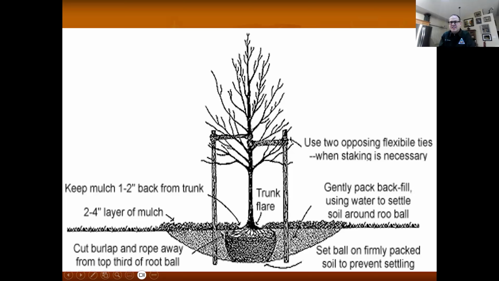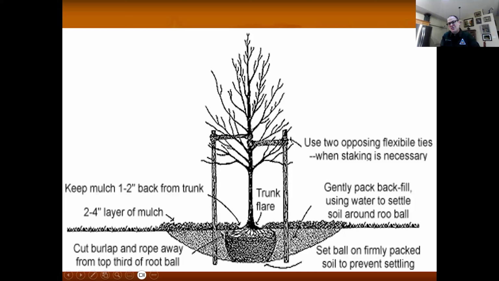What you're doing is loosening the soil so it isn't as compact, and it makes it easier for those roots to colonize out and start moving into your soil. If you're using burlap instead of containers, cut all the burlap off at minimum the top half of the ball. So remove all the burlap that's around the trunk on top, down to here. What I usually do is just cut it on both sides and then push it down so it's wadded up at the bottom of the hole, and then put dirt on top of it.